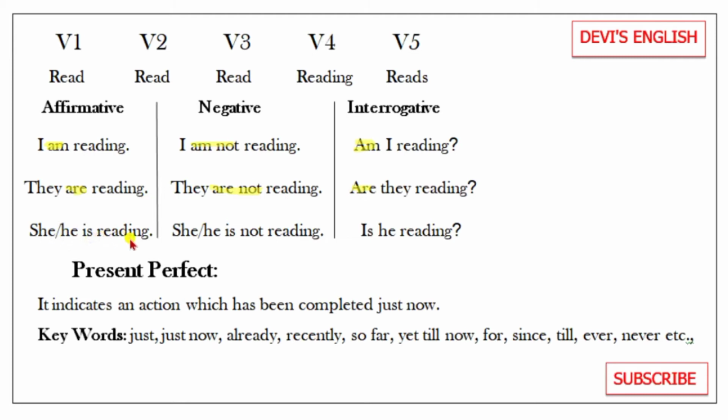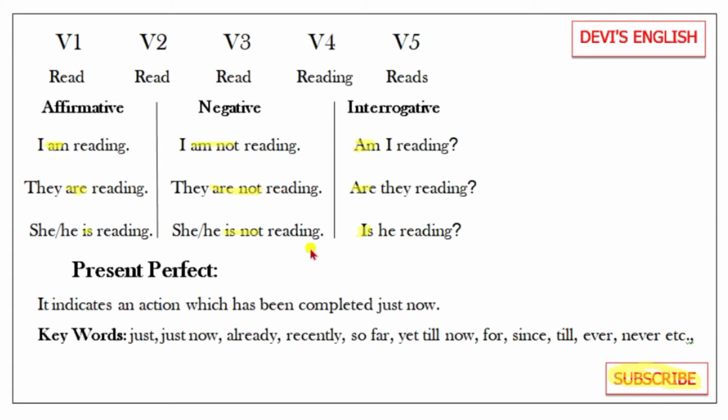She is or he is reading. He is not reading. Is he reading? So that is the difference: whenever the helping verb is given in the sentence, after that we simply write not, and with that helping verb only we construct the interrogative form. If it is not there, then we use do, does. That is the difference between simple present and present continuous.